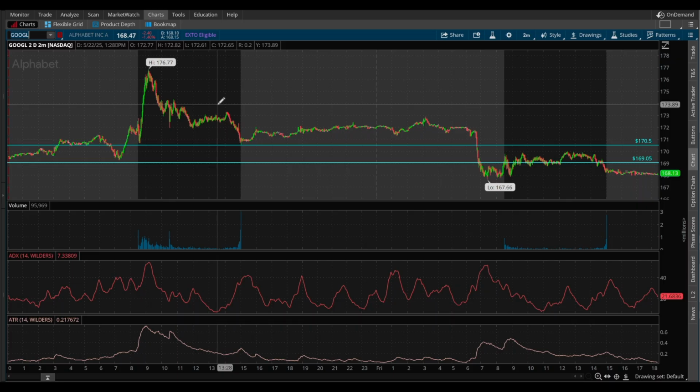VWAP stands for the volume weighted average price, and it shows you the average price a stock has traded at throughout the day, weighted by volume. So instead of a plain average, it accounts for where the majority of shares have changed positions, telling you the true price consensus for the day. Keep in mind, it resets every single day at market open,